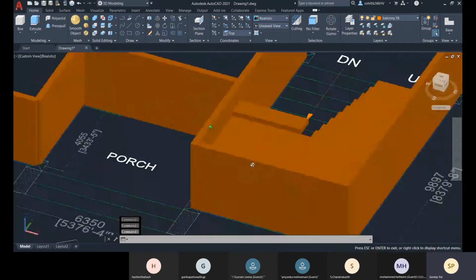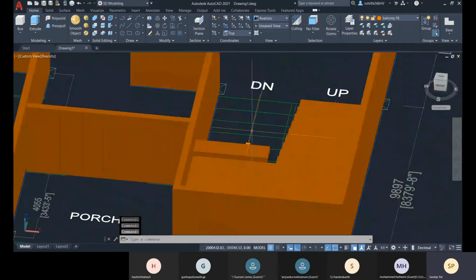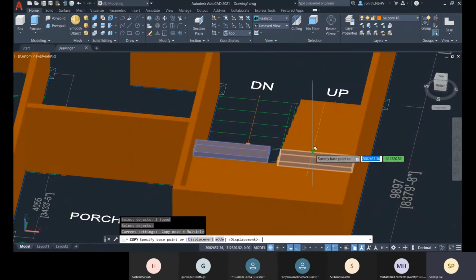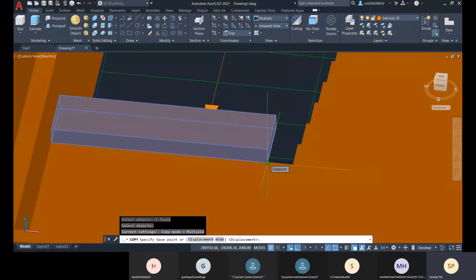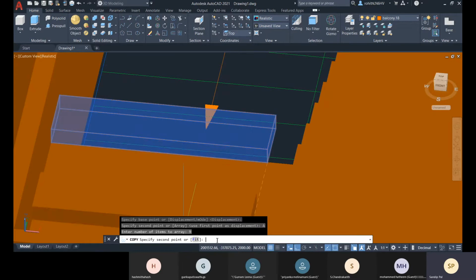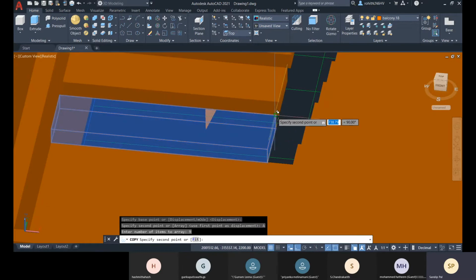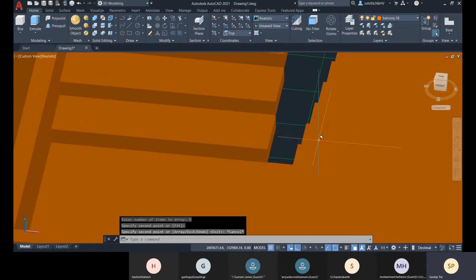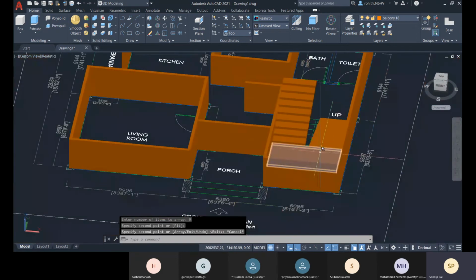And then simply go for the same procedure. That will be your copy. You select it, you press enter, and then this is, and after that array number of items 9, enter, and then you specify this as a second point. Okay, fine.